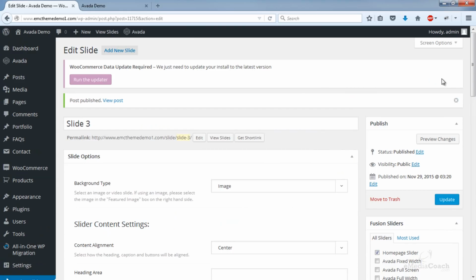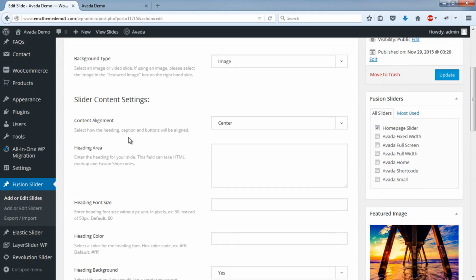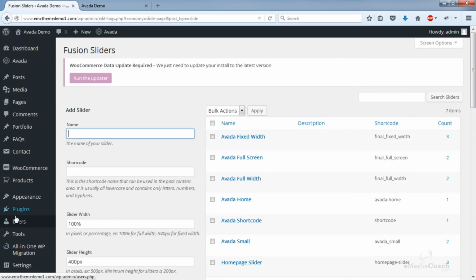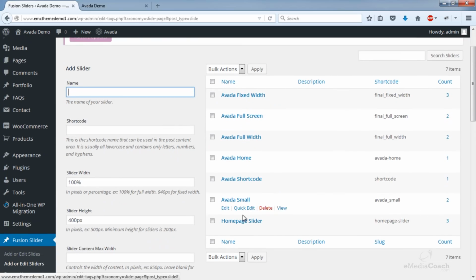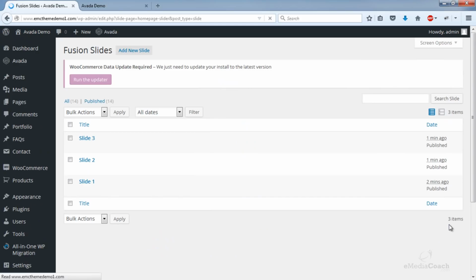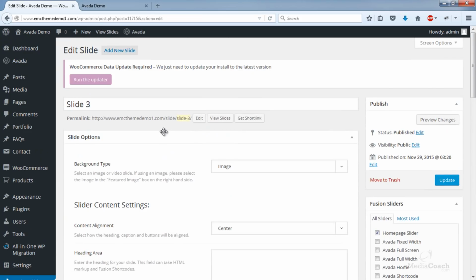Okay, cool. So all of our slides have been added. Now you can come in at any time and edit any one of these slides. If you want to see what slides have been added to a particular slider, go to that slider and click on the number beside it. So if I click on that 3, I'll actually be able to see which slides are assigned to this homepage slider. And of course I can go in and edit them at any time I like.